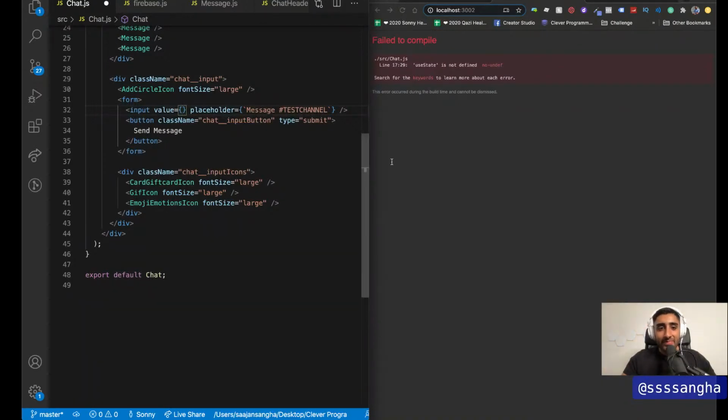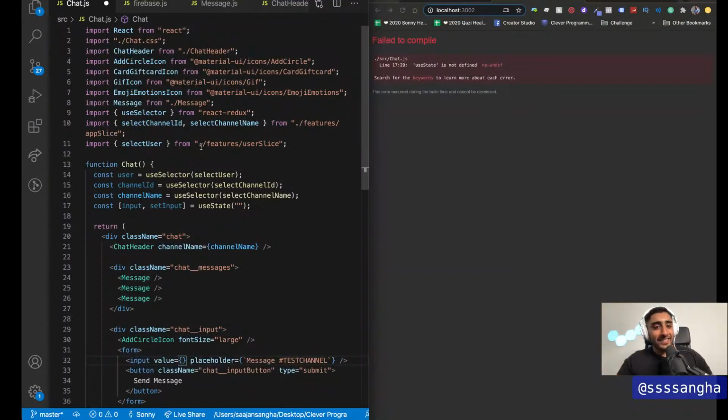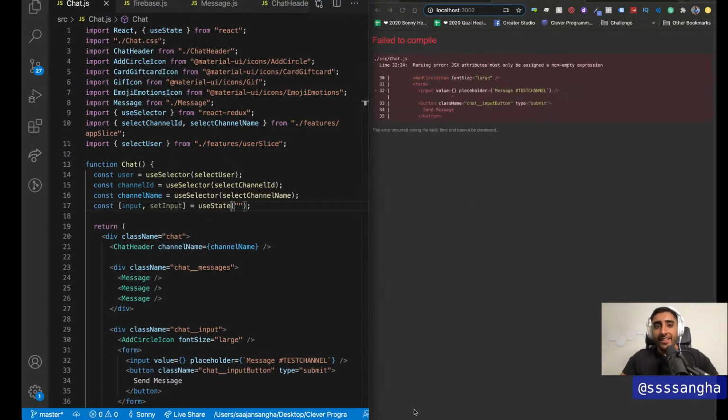Okay. So, we have a compile error. You win and you lose, but let's carry on. At this point, we're going to import useState. Let's jump back in. So I'm going to import useState, and